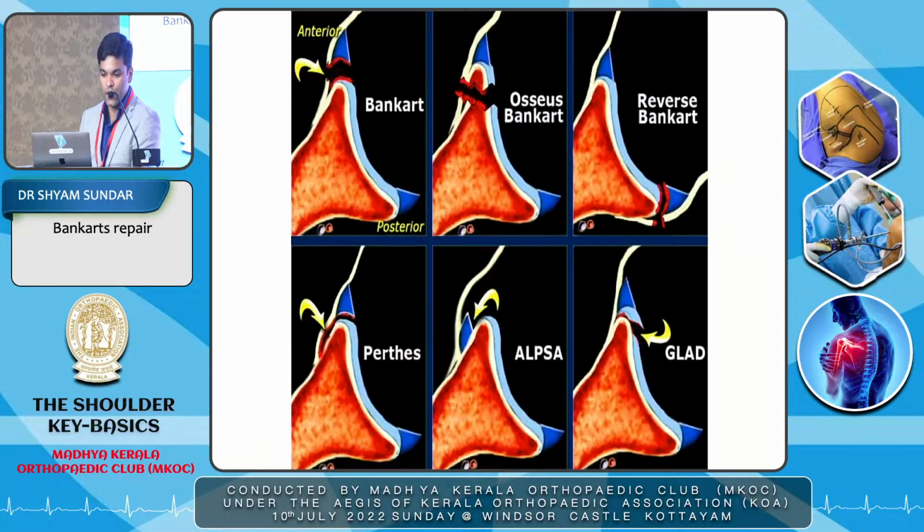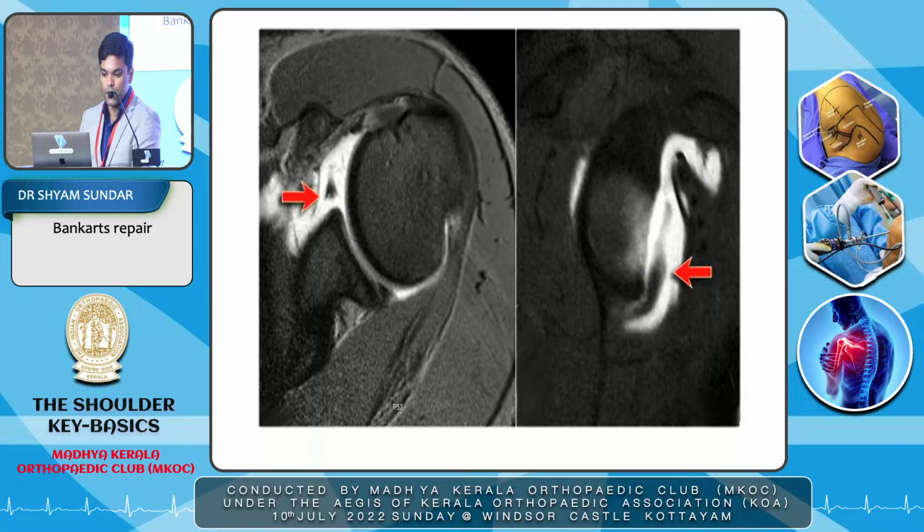But the investigation of choice is definitely MRI. You have to do an MRI scan. If you have the benefit of an MR arthrogram, it's good enough, but MRI is good enough, all right? Do an MRI scan, check whether the patient is having any anterior labral lesion, posterior labral lesion, associated Hill-Sachs lesions,